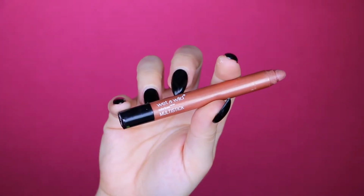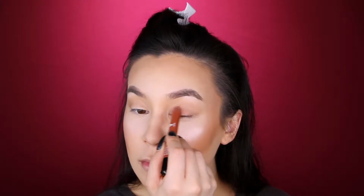And now we are going in with the Wet n Wild MultiStick, and this one is in the color Born to Flirt. And I'm not a very good flirt, but if I were, I would wear this color more. But maybe this color will help us learn how to flirt. Am I right, ladies? So we are just tapping that in with our finger,